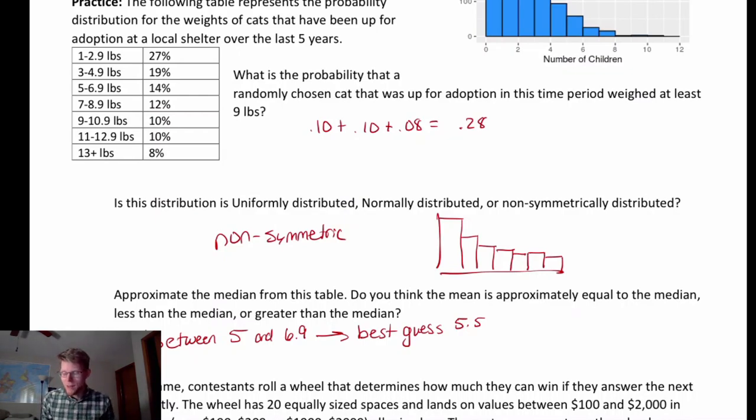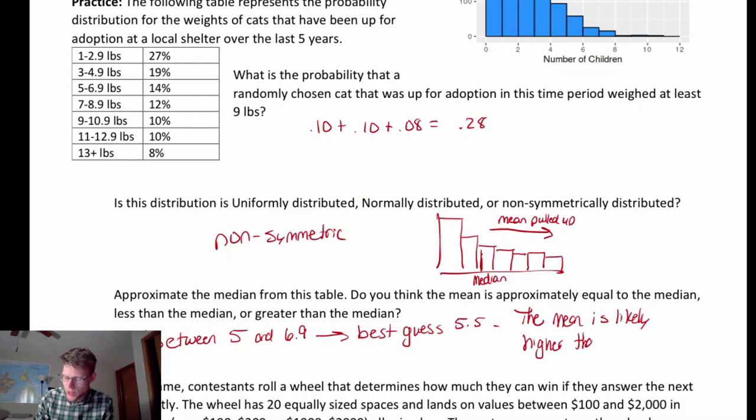So if I have a skewed distribution, that means that the mean here is going to get pulled up, whereas the median is going to find that 50th percentile, that center data point. So for that reason, the mean is very likely higher